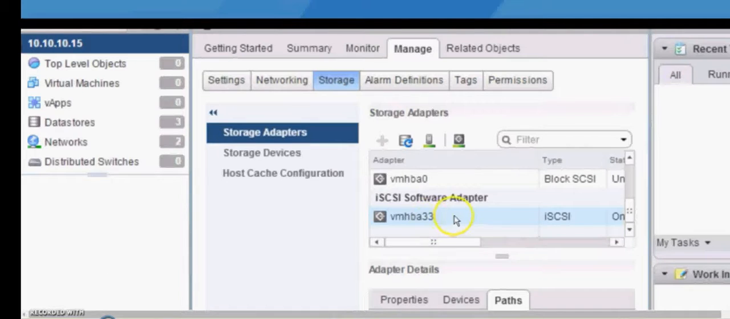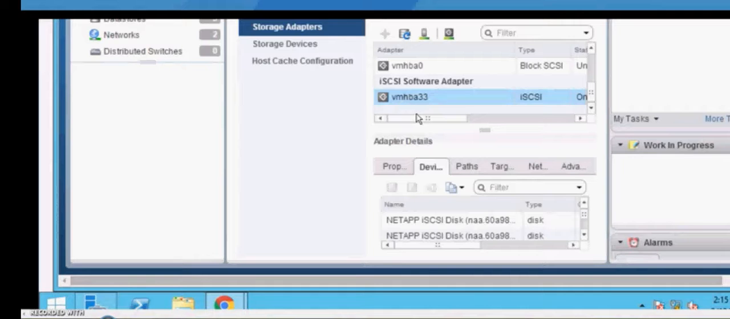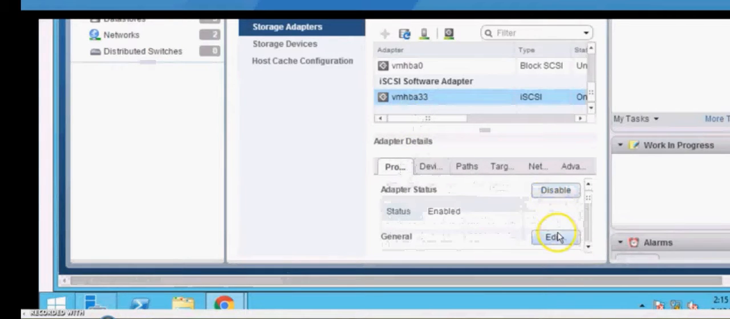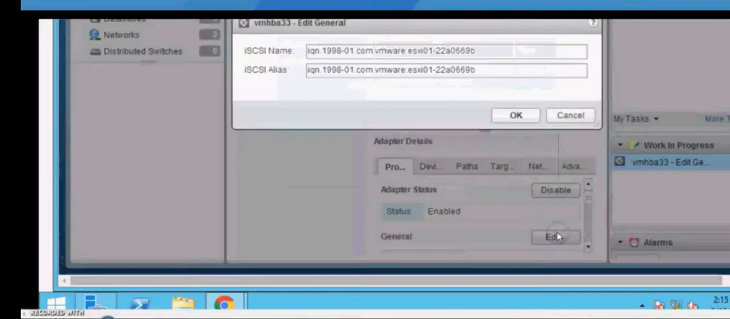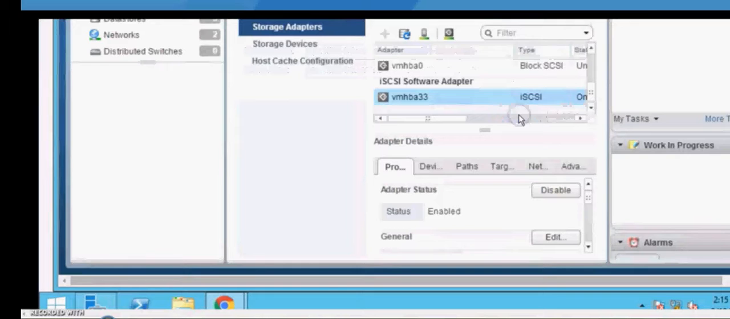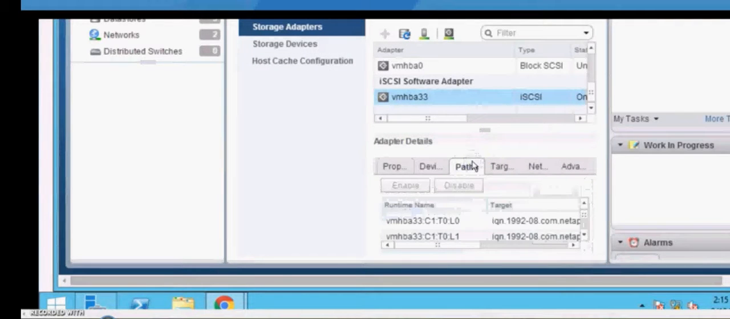Now, once the iSCSI adapter has been created and you click onto it, there are a couple of options which would be listed at the bottom. Once you go into properties and then into edit, you can make sure your iSCSI name and its alias have been created correctly. So you just have to verify that it has a name and alias, and once that's done,